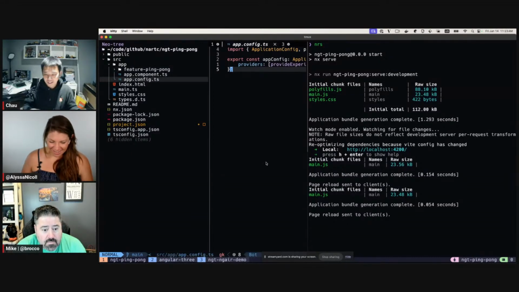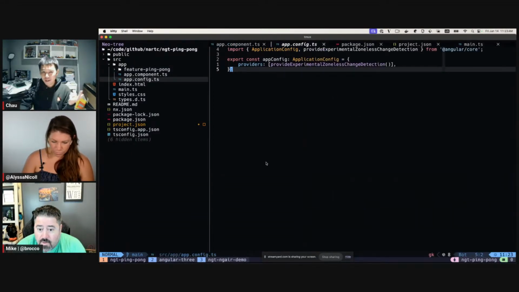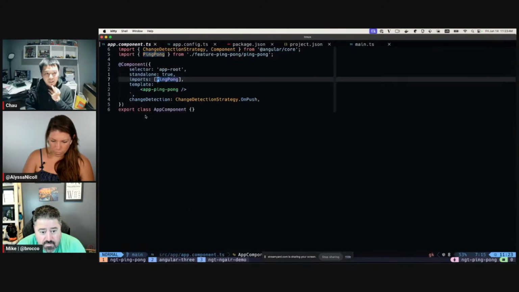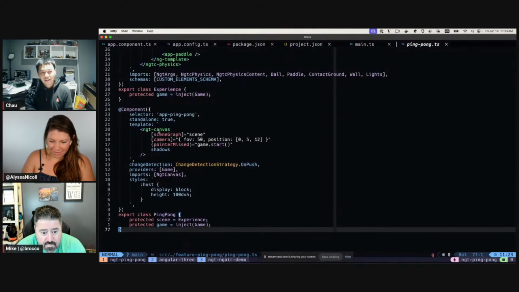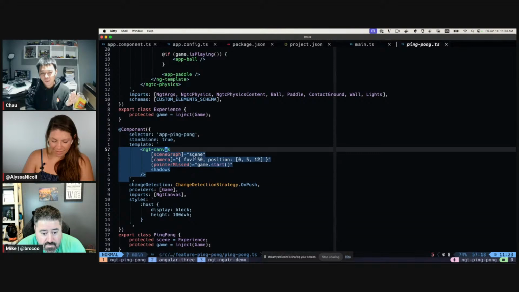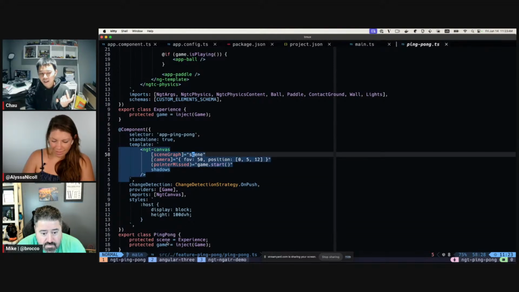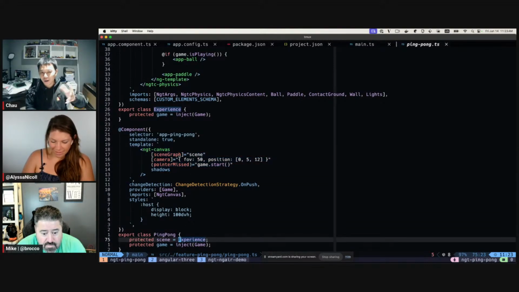All right, so that's the zoneless thing. So this is how you start with zoneless. And let's look at the component. So this is my app component, which just renders the Ping Pong component. And then the Ping Pong component renders the canvas with this scene. Scene is a component that passes to the scene graph input.